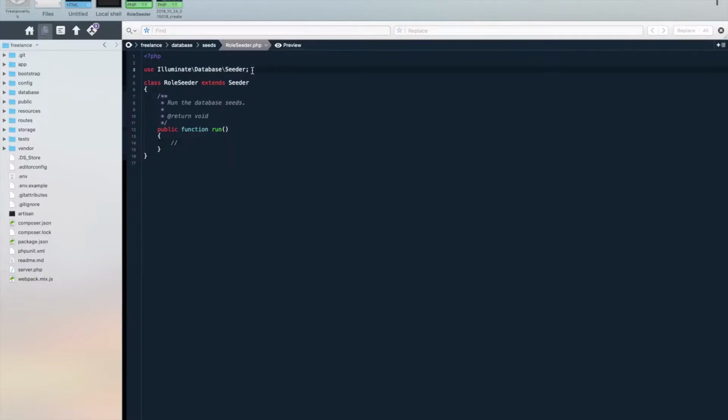What we need to do first though is import the new model we created. So all we need to do is say use App\Role. Okay, and that's going to import the functionality we need from our role model. Within this run method then, all we need to do is create our 2 roles, and that's as simple as saying Freelancer is a new role. Freelancer name we will set to Freelancer,